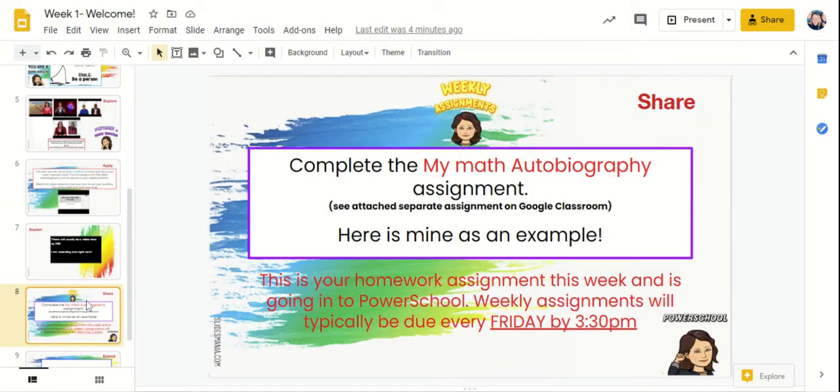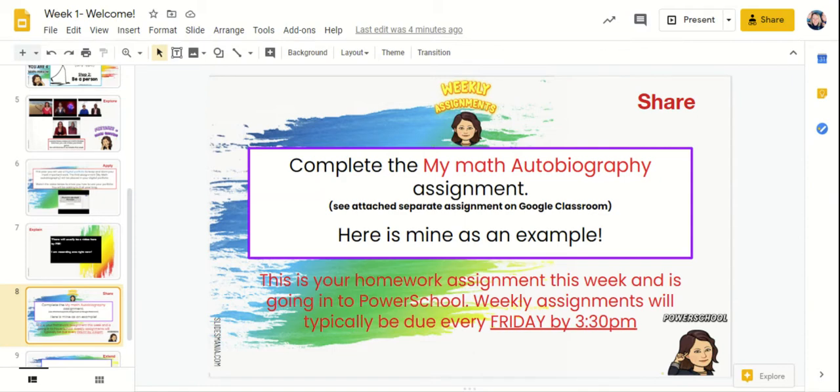And this is a really important slide. In terms of what you need to complete each week, it's always going to be the share. The share slide is the thing that needs to be turned in. You should be completing everything up until this point. You should be doing it, but this is where you actually hand something in. So I'm going to try and keep this looking kind of similar each week. It's the share slide. It'll say weekly assignments. I'll probably write something about PowerSchool. This is a big reminder. Hey, you need to do this and hand it in.